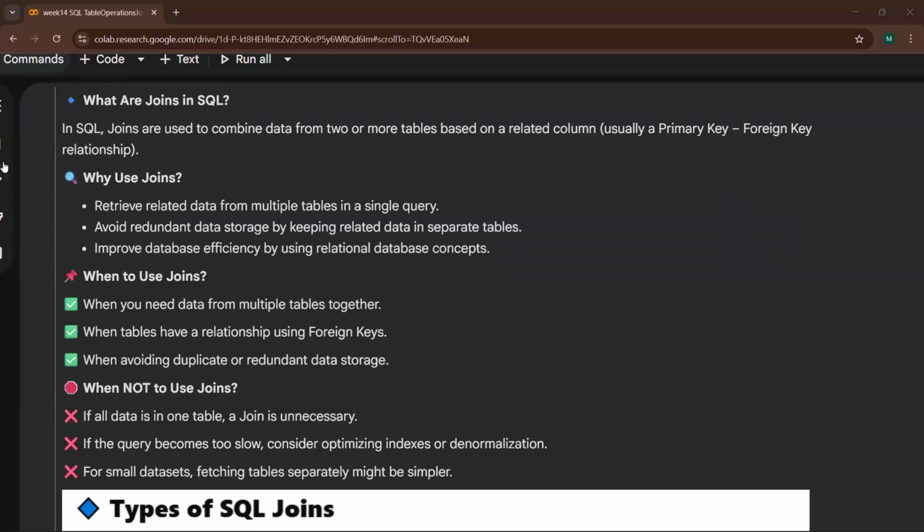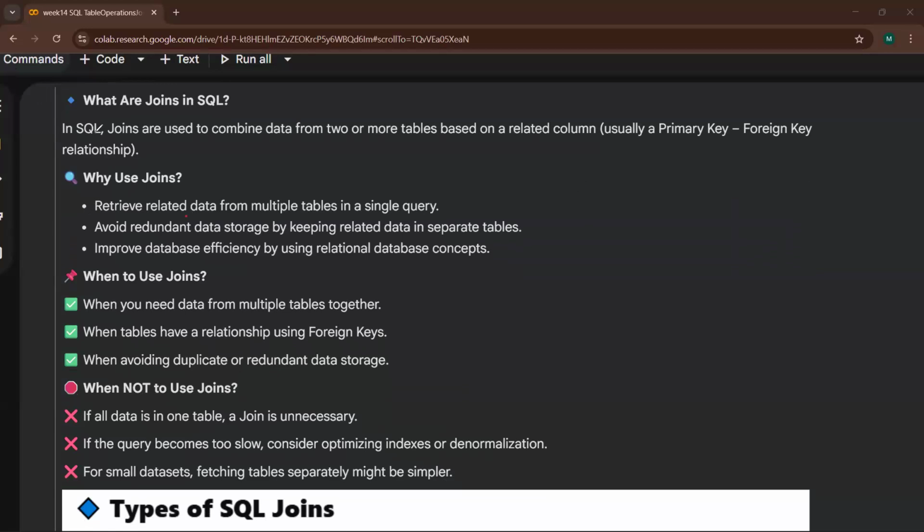We have done joins on data frames in pandas, if you guys remember. Just like that, now we are going to do it in our SQL tables.